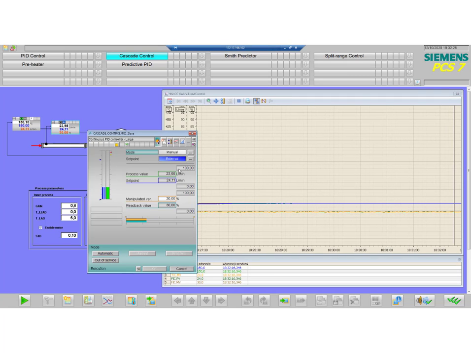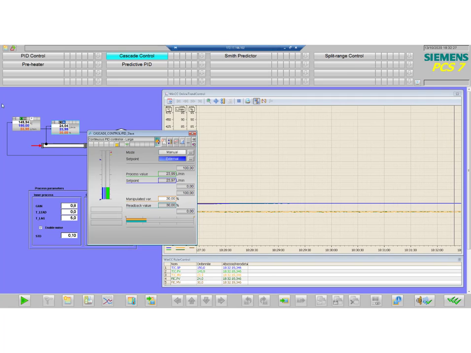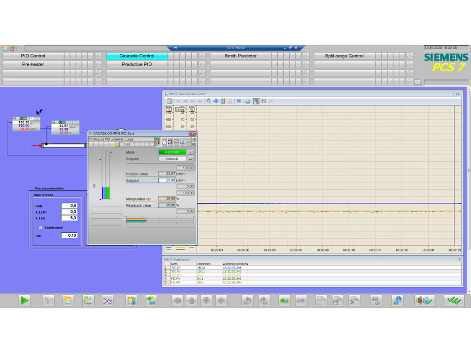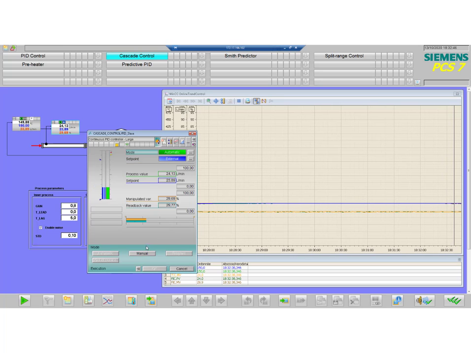Well, we can see that if we put it back in automatic, then this one is no longer locked, but that if we set it to internal mode, you will have the same thing, so this controller will also be locked. So let us go back to external but manual mode,